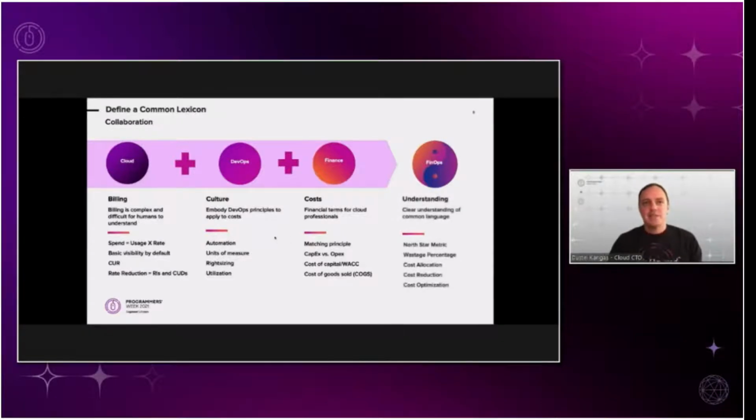And that leads us finally to understanding. And understanding within the FinOps world is very important because we can define certain things around this. The first one that each pod should do, or even organizationally wide, when it comes to FinOps is define what is determined as your North Star metric. So what is the most important metric you want to challenge every pod to do, or the pod to specifically measure in and of themselves? Build that into your gamification, into game of pods, so you can continue to track your